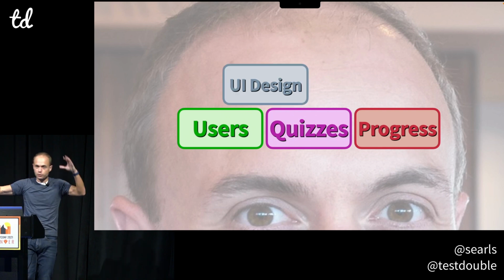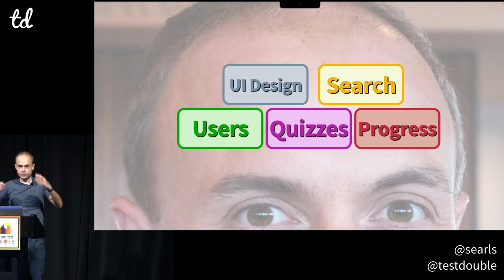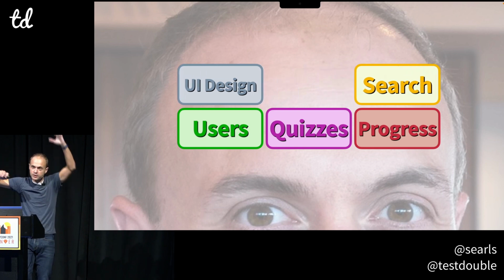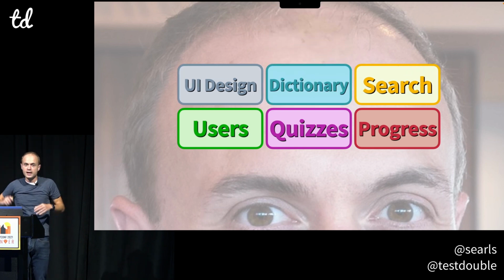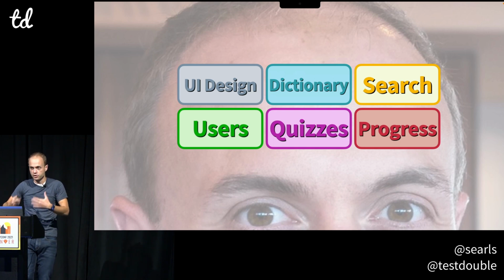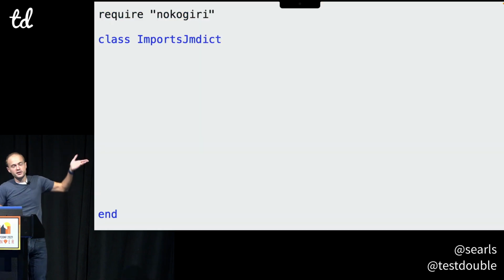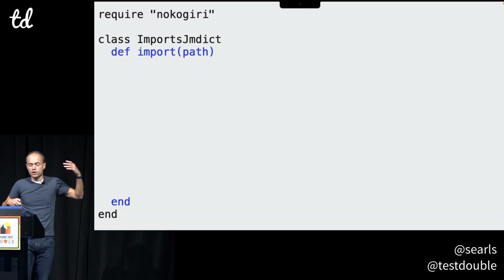I've got the whole React JavaScript front end. I've got the search capability. And I have to mentally carve out space for this new dictionary import to come in. And it feels constraining, and I have a bad habit of making short-term, naive design decisions when I feel claustrophobic. So I just pulled in Nokogiri, make a new class, and I take a path,